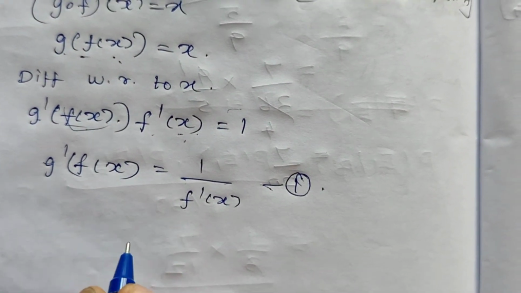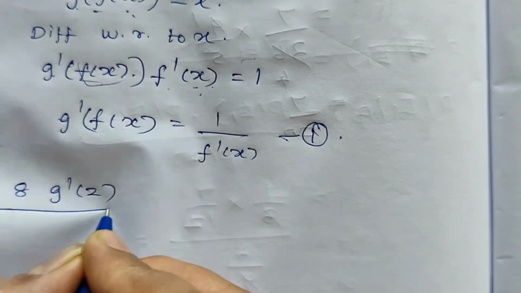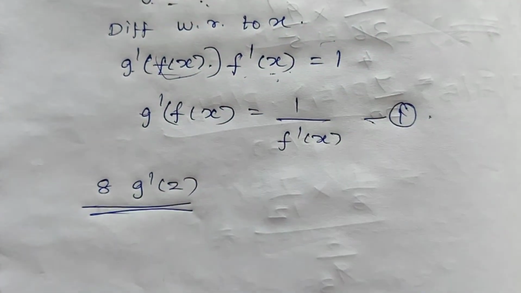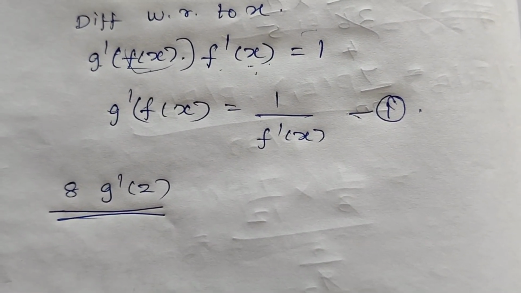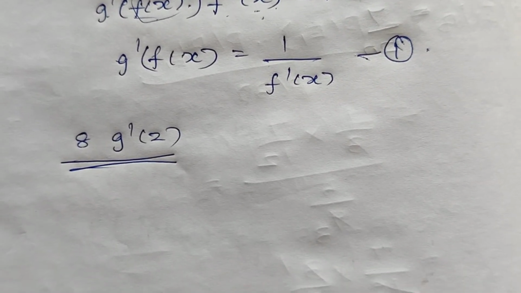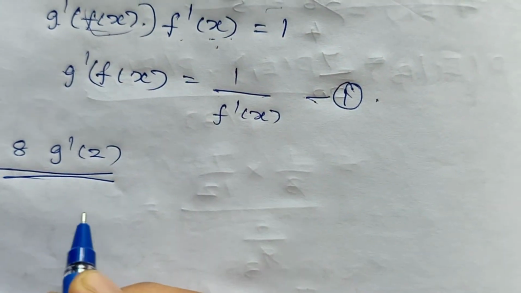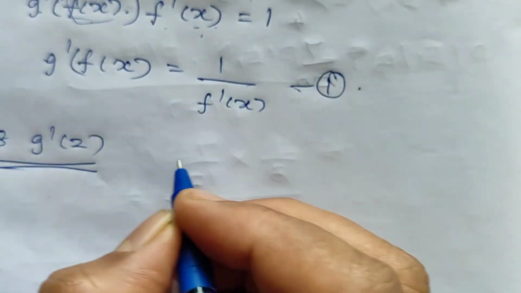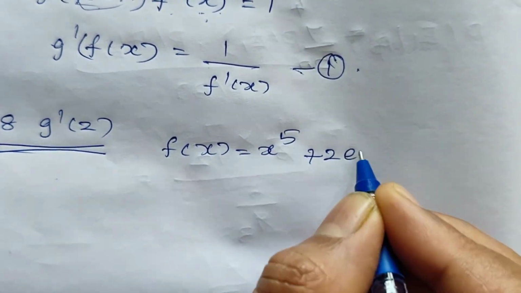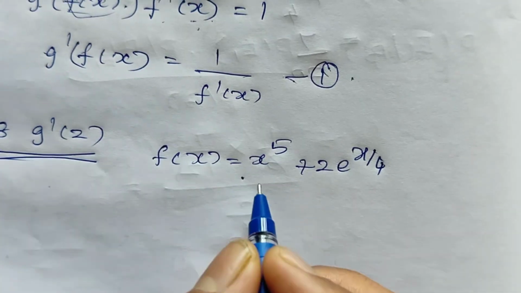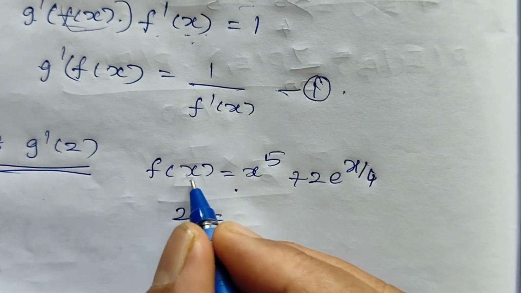Now we have to find g'(2), that is, 8 times g'(2). For that, first we have to find, when f(x) equals 2, what is the value of x. We know the function f(x) = x^5 + 2e^(x/4). So when f(x) = 2,